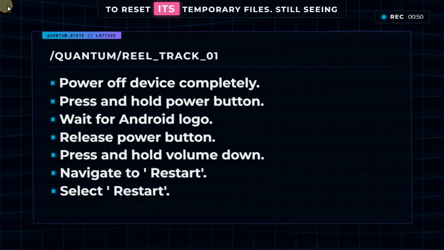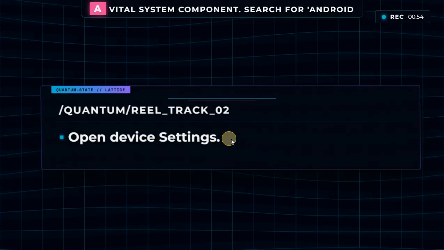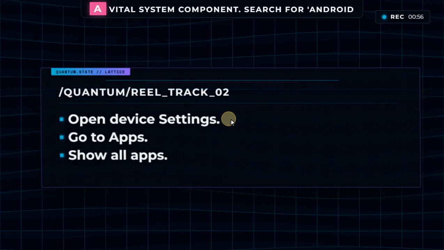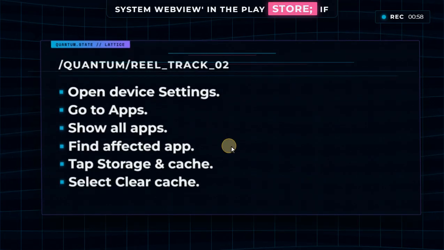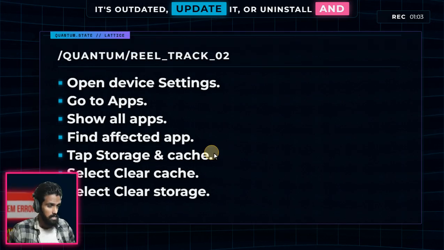Still seeing those error messages? Method 3 focuses on a vital system component. Search for Android System WebView in the Play Store. If it's outdated, update it, or uninstall and reinstall it to